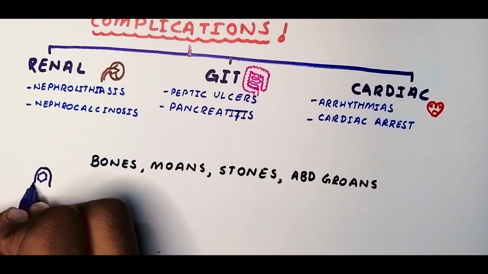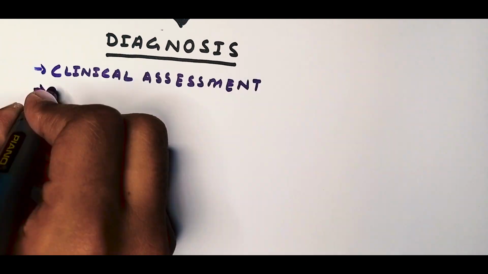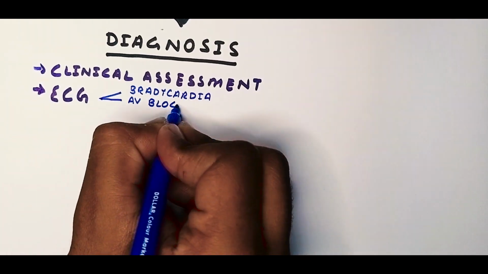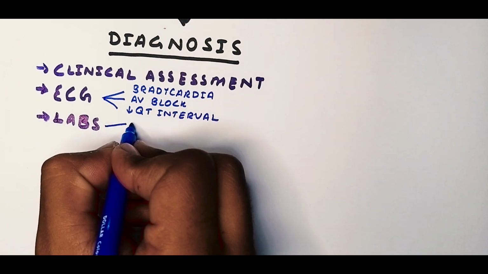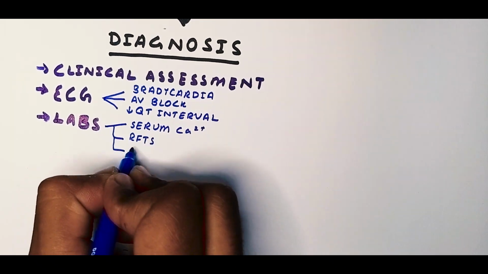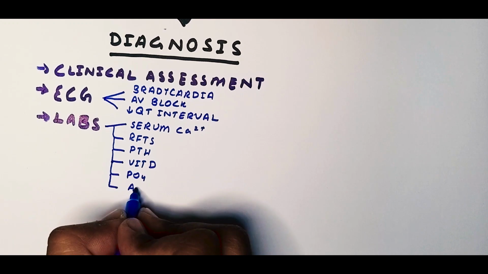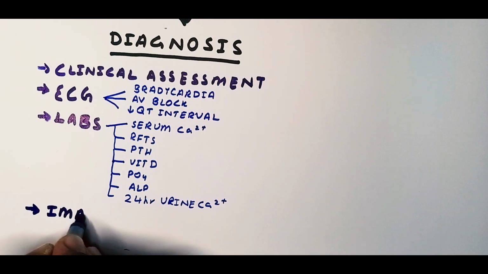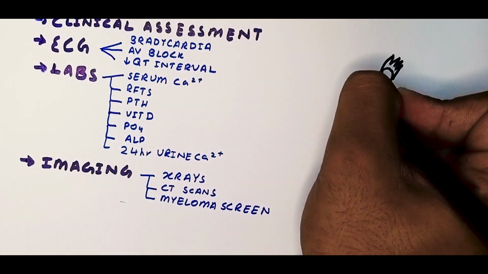and abdominal groans. When diagnosing such a patient, clinical assessment is of paramount importance. We can get an ECG done, which will show bradycardia, AV block, and a decreased QT interval. Lab testing needs to be done to see the serum calcium levels, which will obviously be high, renal function tests, the parathyroid hormone levels, the vitamin D levels, plasma phosphate levels, alkaline phosphatase levels, and 24-hour urine calcium levels. We can also use some imaging modalities like X-rays, CT scans, and myeloma scan to rule out the causes of